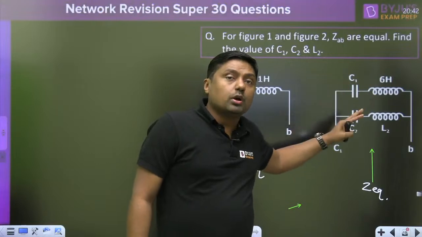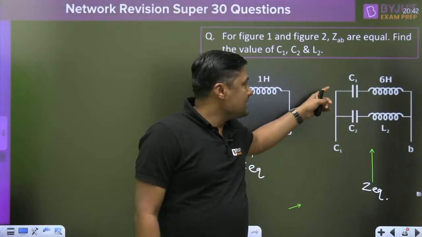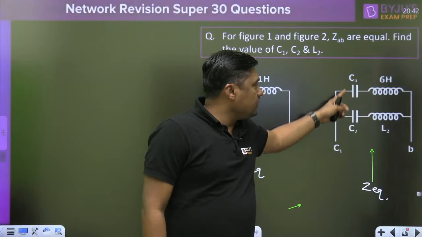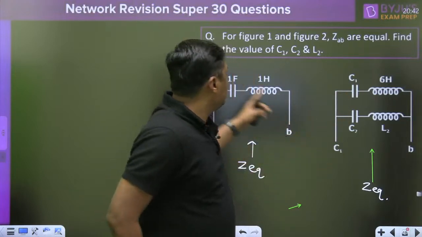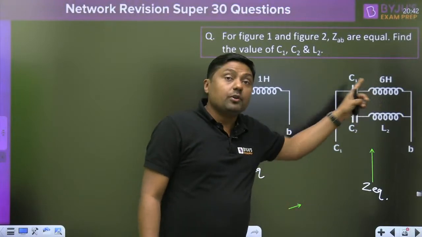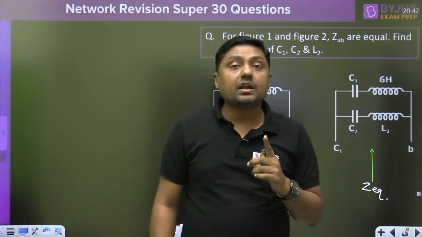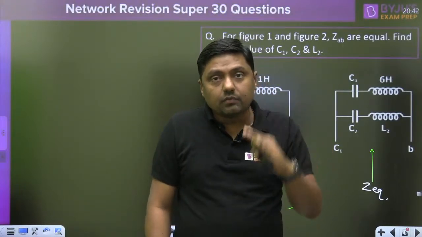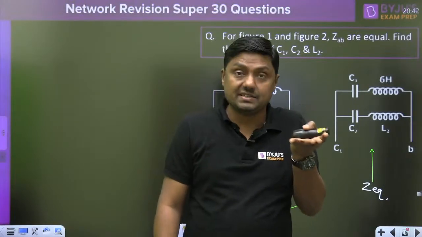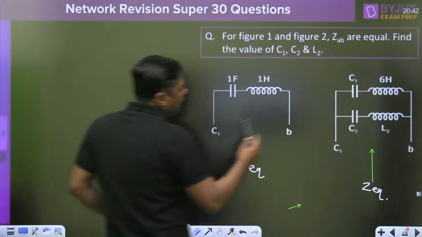We have to reduce what? No need to find the frequency here. No need to get an idea about the frequency. Simply the equivalent circuit, then the values of C1 and C2 will be less than this 1 farad. Second, the values of these two inductors will be greater than 1 Henry. And always remember, when inductors are connected in parallel, the value of the inductance will reduce. When capacitors are connected in parallel, the value of the capacitance will increase. But these two are connected in series.